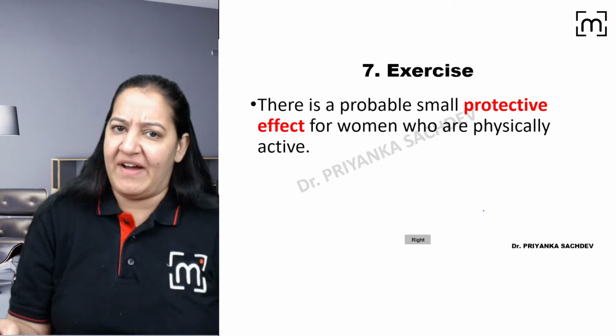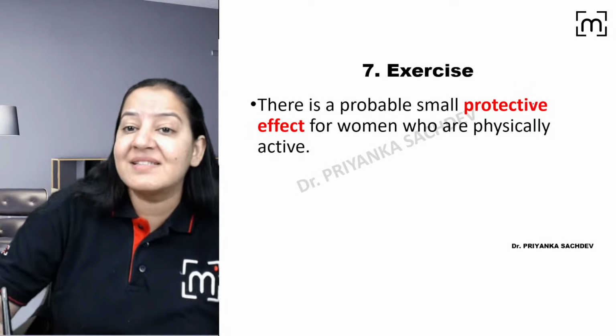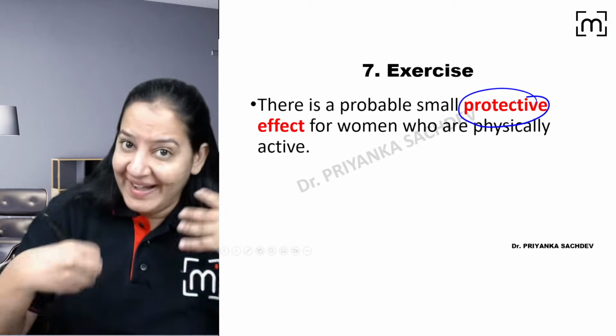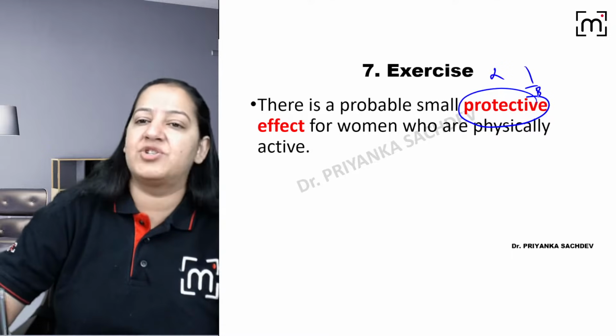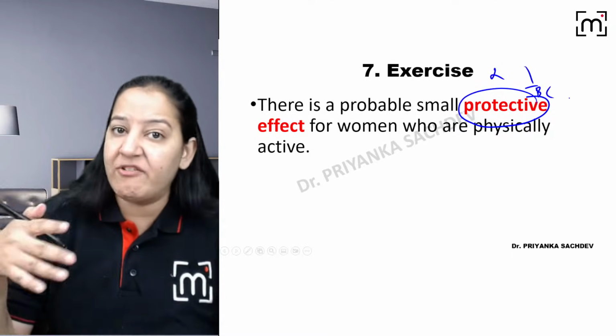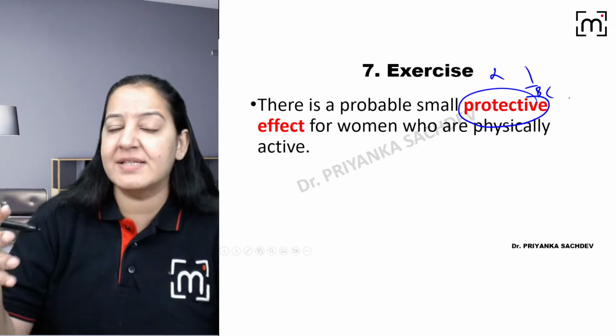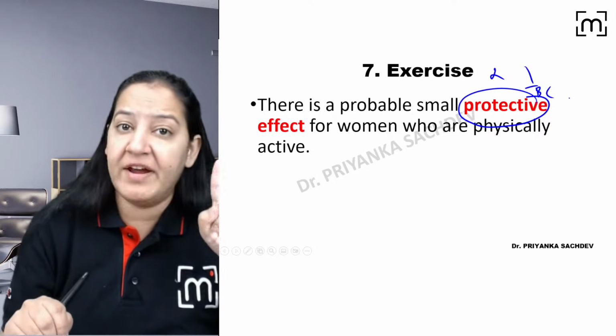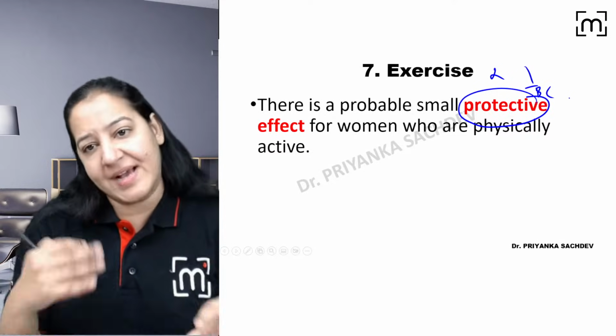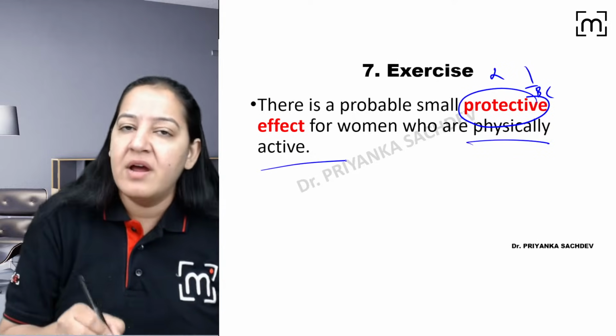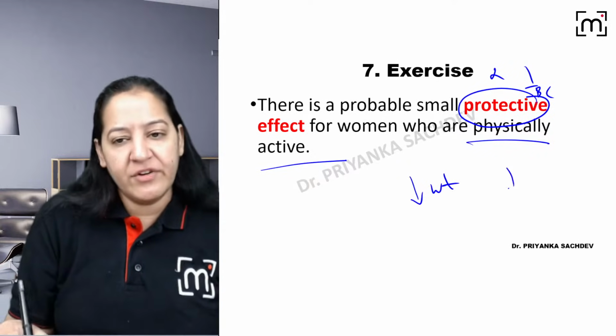So these are the dietary factors, right? Exercise has a protective role. The more a lady does exercise, the less chance of breast cancer she will have in future. Exercise has a protective role, because by doing exercise she will reduce her weight. Overweight and obesity are risk factors, right? By exercise she will be physically active and reduce her weight, and she will reduce her chances of